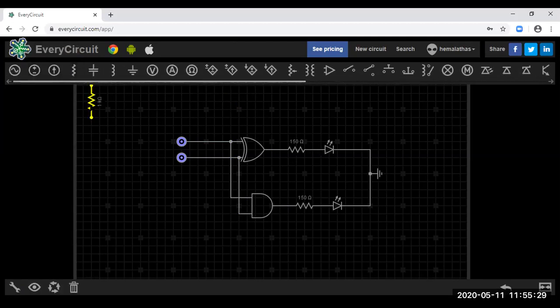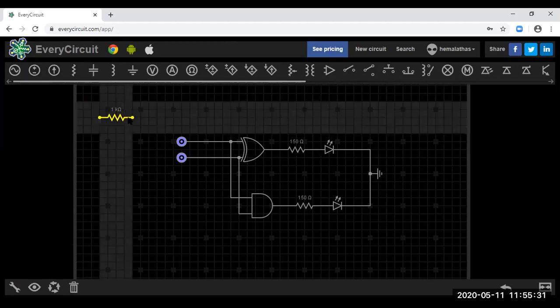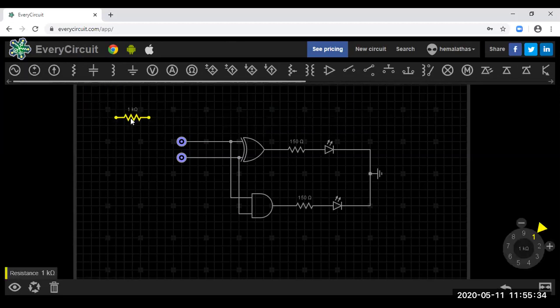So now you can change the value of any element. For example, first click R to rotate. Then you can change the value by clicking A. So here the resistance is 1 kilo ohm. You can rotate this by pressing this yellow triangle, and you can move either in clockwise or counterclockwise direction. You see on the screen the resistance is changing. You can increase or decrease from minimum value to maximum value, right?